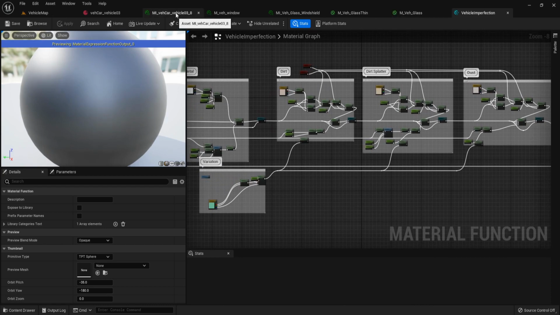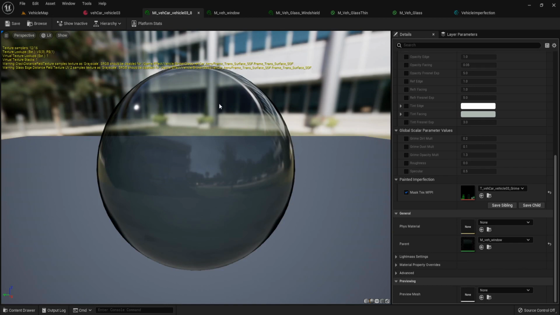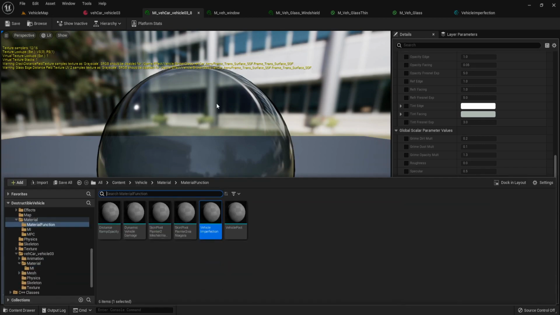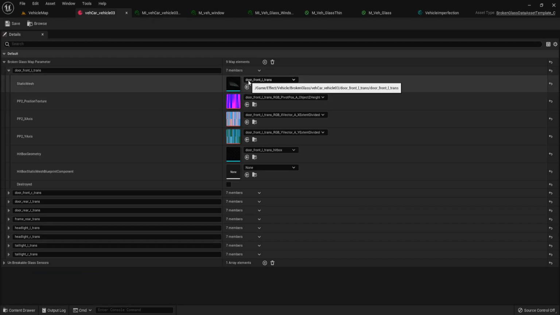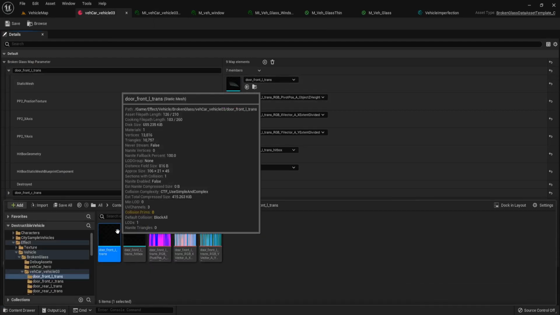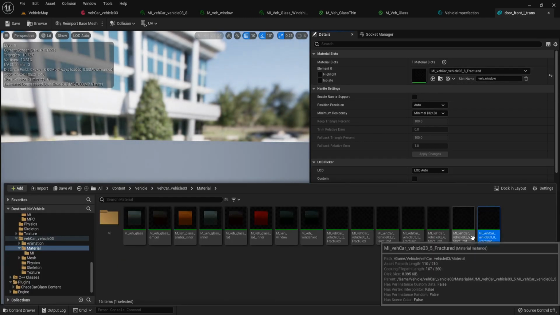Let's go to the MI vehicle 3 8, and we see that it is working perfectly fine, and go back to the door front L trends in this material.